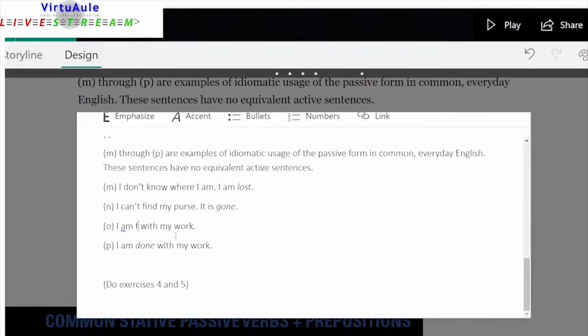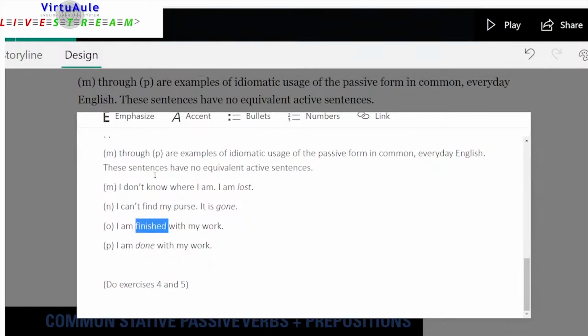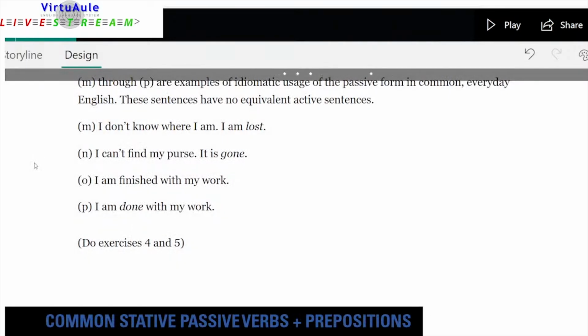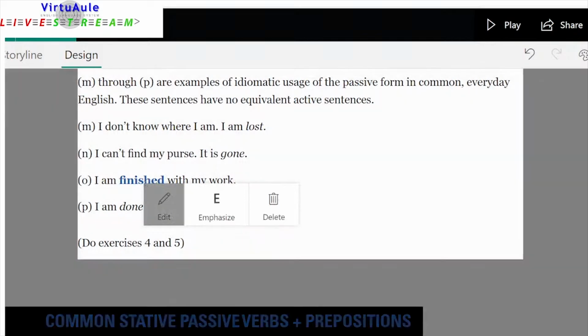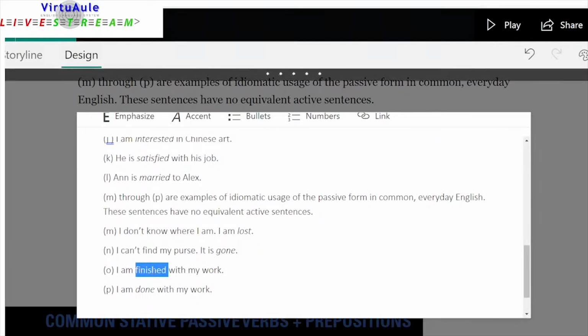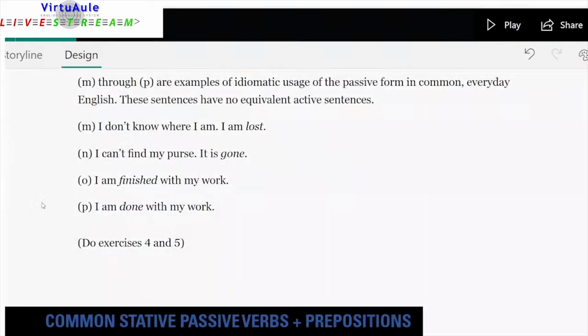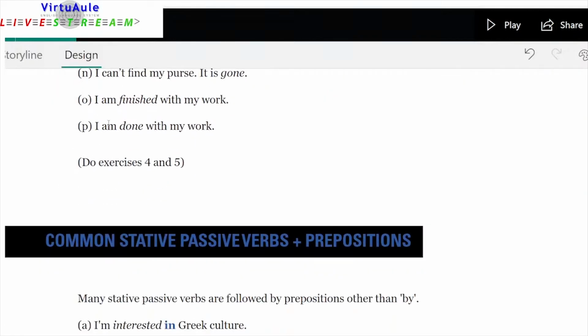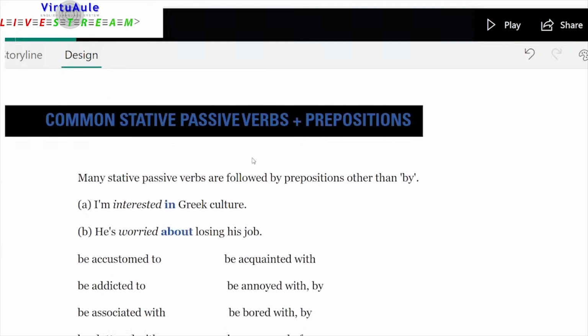I'm finished with my work, and I will emphasize that. I'm finished with my work. Not emphasized, but accented. And then I am done with my work. I am done. Okay? So if you can do exercises 4 and 5, let's look at the common stative passive